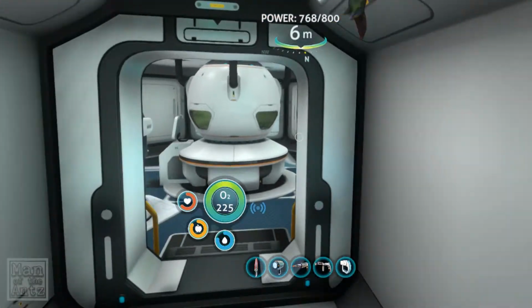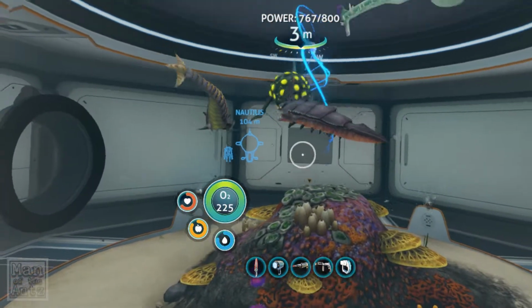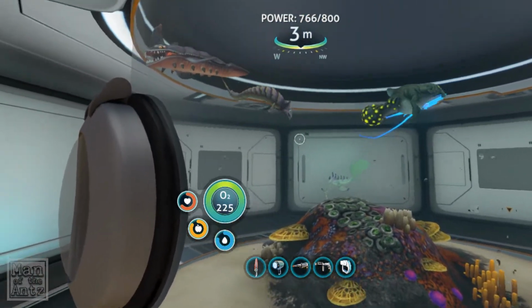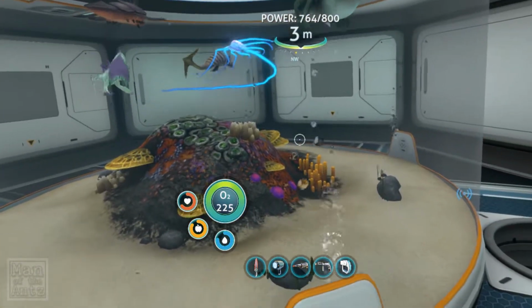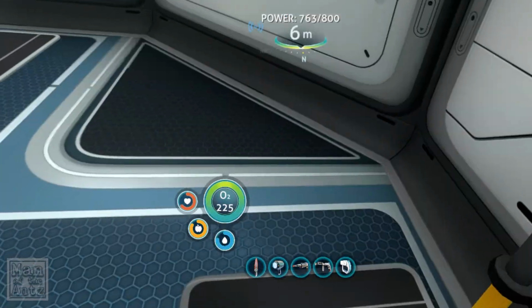Yeah, if we just take a look at the alien containment. Yes, it is filled with largely predatorial animals. And as I say, I suspect if I put this other egg in there, whatever it is, I won't even get to find out because it will be taken out fairly quickly. So we could do with making...